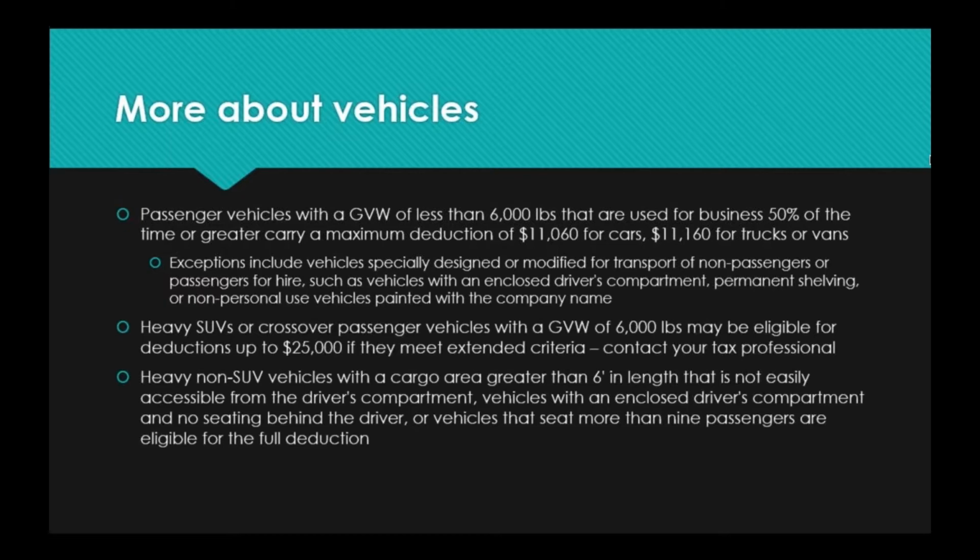Now, heavy SUVs or crossover vehicles with a gross vehicle weight of 6,000 pounds or greater may be eligible for deductions up to $25,000 if they meet extended criteria. When this program was first launched back in, I believe, 2007, a lot of businesses went out and bought huge SUVs just for the tax write-off. Kind of got the reputation of being the Hummer loophole. The personal use Humvees, the Hummer 2, the H2, H3, were particularly widely advertised as being exploited with this particular loophole. So to close that loophole,